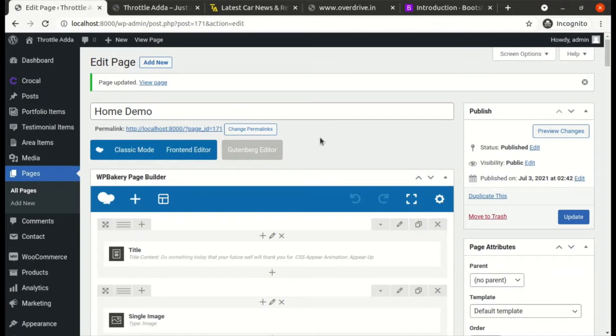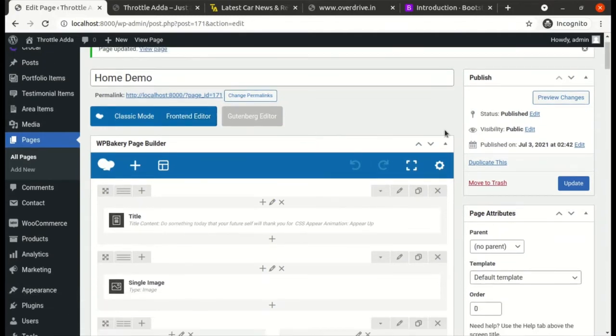The other mode that you can get into is the front end editor. Now basically for advanced development, for people who already know how this works, backend editor is a good editor because you get a lot of options over here and you can control a lot of things. But for people who do not understand this backend structure, you can click on the front end editor, the classic mode and the front end. We don't want to go into the classic mode because it will again start giving you codes on the page which you don't want to see. Then there is no use of the plugin. Let's click on the front end editor.